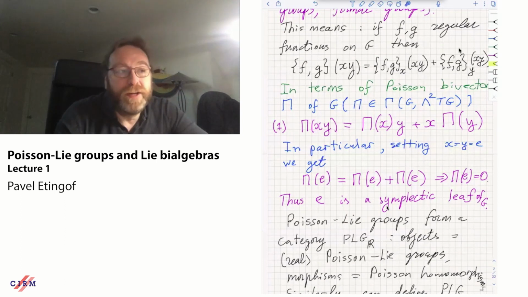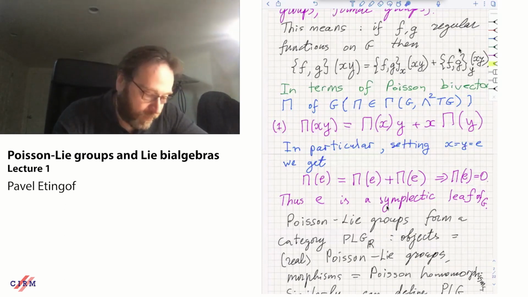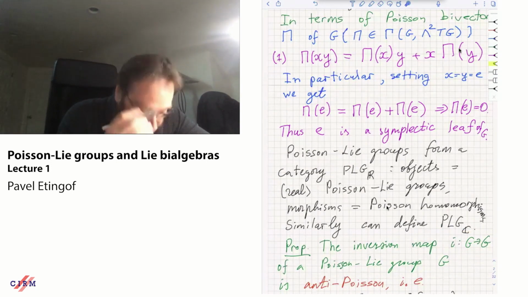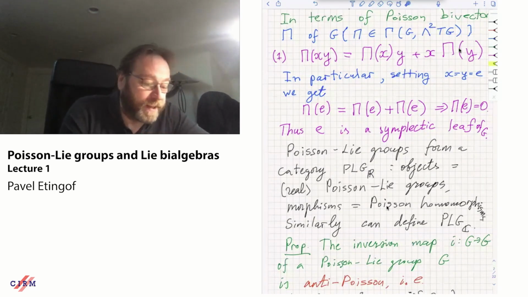Now, Poisson-Lie groups form a category, which I will denote by PLG_R. The objects in this category are Poisson-Lie groups, let's say real Poisson-Lie groups, and morphisms are Poisson homomorphisms, which means that they are homomorphisms of Lie groups which preserve the Poisson bracket. And similarly, one can define the category of complex Poisson-Lie groups, PLG_C. And so the first proposition is that the inversion map